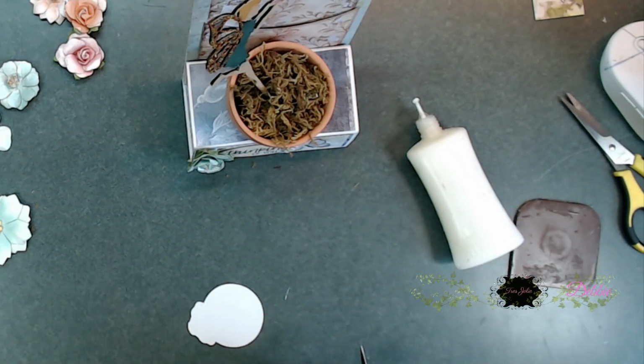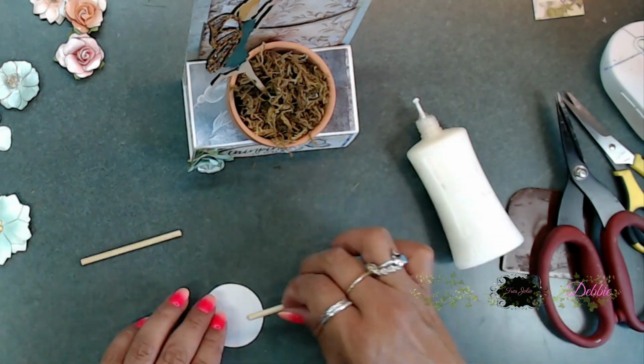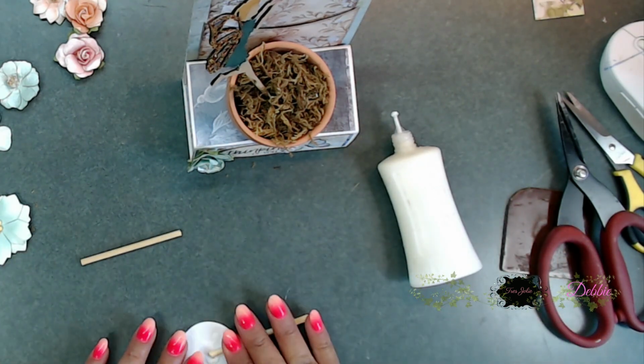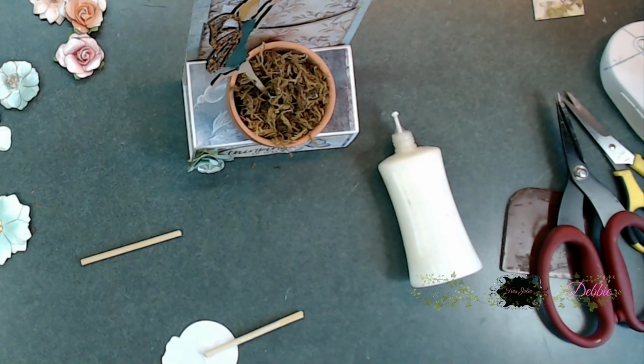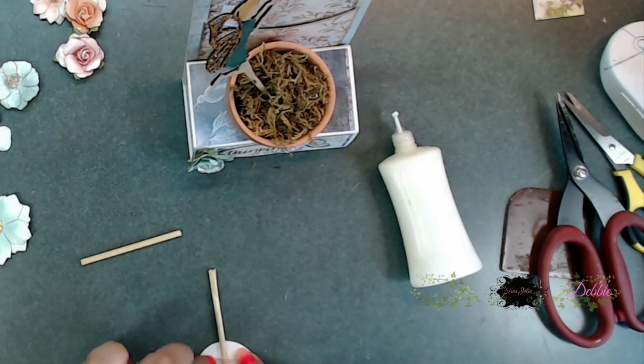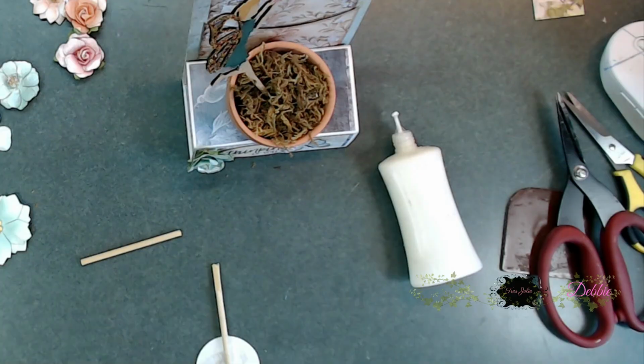Now you can use a toothpick, or I used a skewer, but whatever you want to use, you can definitely use that. And then on this little clock, this is one of the ephemera pieces from the packet. I went ahead and placed down some